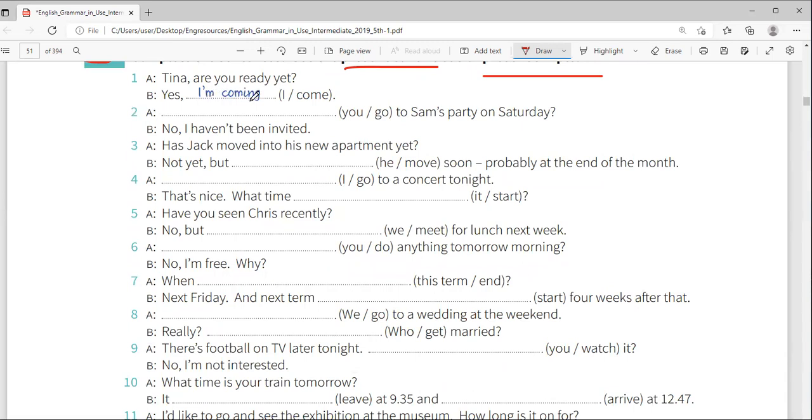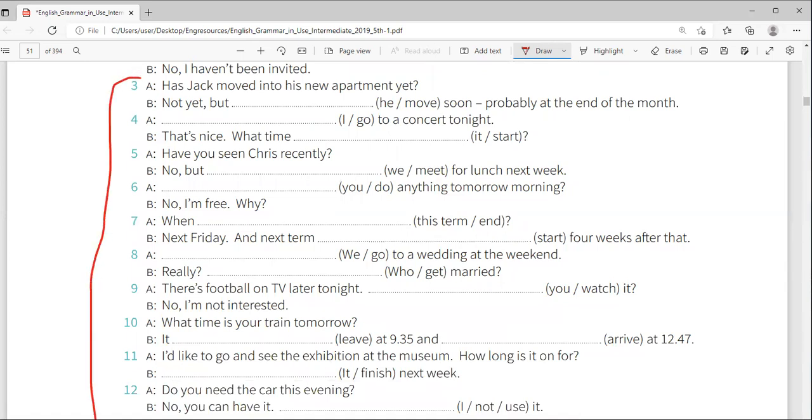Tina, are you ready yet? Yes, I'm coming. Faria, number 2. Are you going to Sam's party on Saturday? And B says, no, I haven't been invited. So try number 3